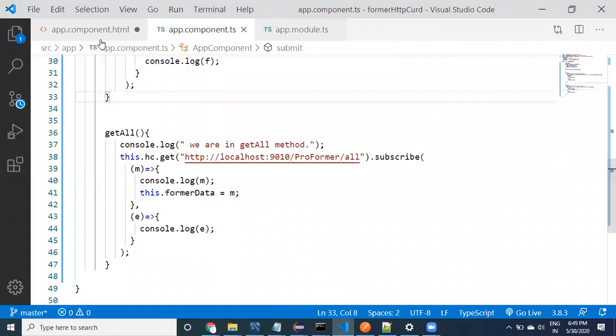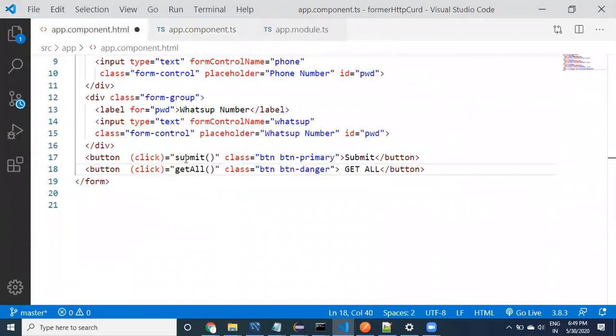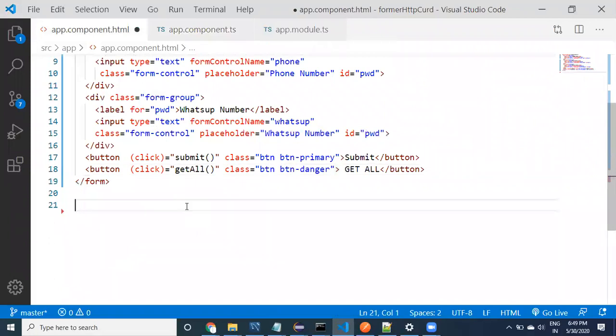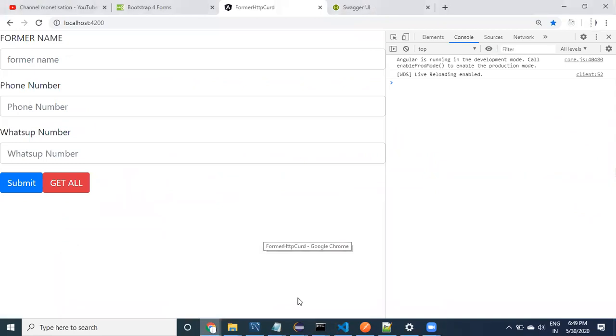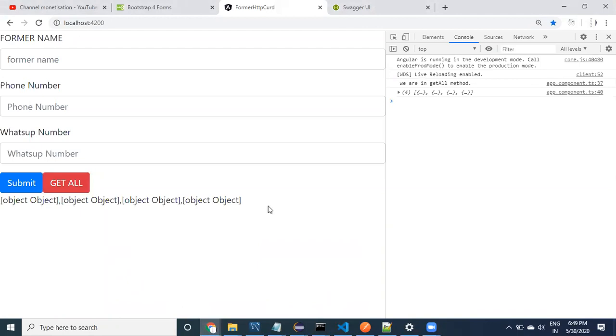All right, once data is available in the farmer data property, you can print it. Just look at it, guys. This is how you can print it. Come here now. Initially no data is available. Click on get data. We are displaying such kind of information.